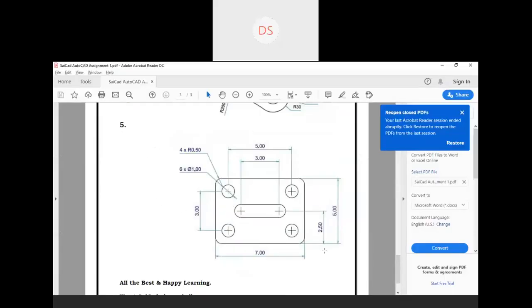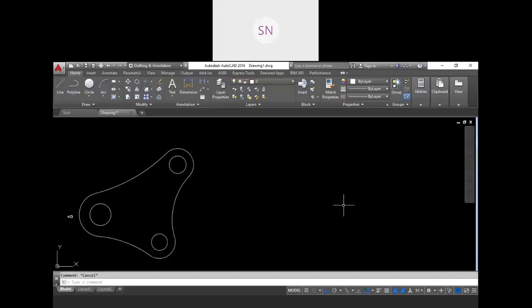Now the next we have assignment fifth one. So this is a very simple object. We have a rectangle with 7 mm length, 5 mm width, and a 0.5 mm fillet radius. So all the things we have in the rectangle command, REC, enter. First go to the fillet and provide a fillet value 0.5 over here.